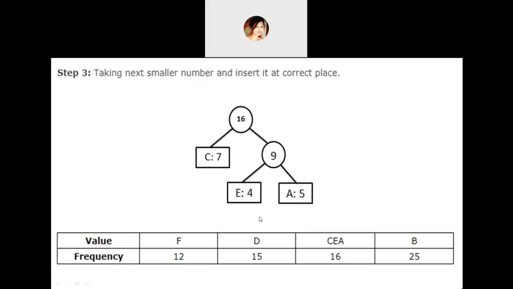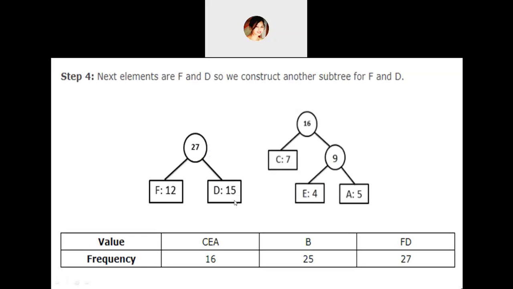How is that? See, always remember that in a binary tree construction, the root node definitely has to be greater than the internal nodes, right? So suppose this is the root node, this is 16, and 16 is created by adding up these internal nodes. Now when we add up F and D, taking them as the left and the right node, we get the node as 27. Suppose we consider this as the root node. This is larger than 16, right? So we can't place it anywhere here, and 12 and 15 also we can't create.